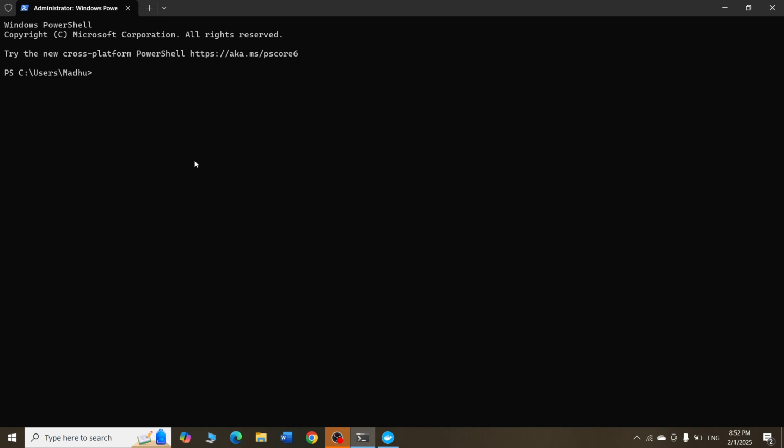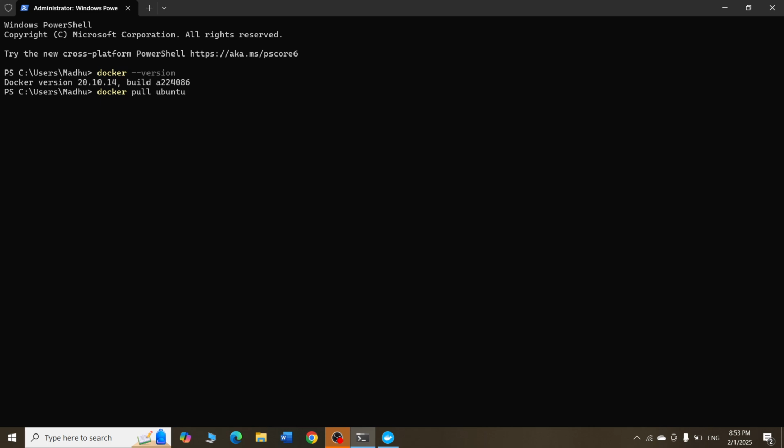So first we will be downloading the Ubuntu image here. Before that, let me show you the Docker version. I'll say docker --version. You can see that Docker is successfully installed. The next step we have to do is docker pull ubuntu.